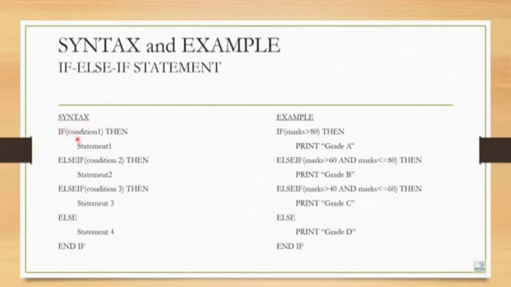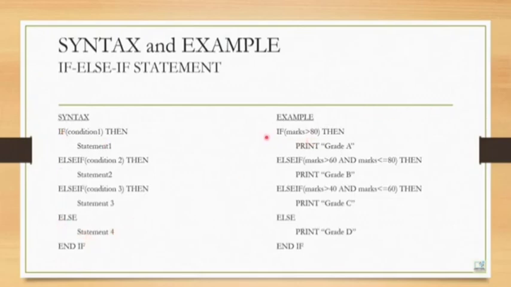If the first condition is false, then the computer will check the second condition. If the second condition is true, then the statement 2, that part only will work, and the remaining part will not work. If the second condition is also false, then it will go to the third condition, that will work. And if that is also false, then at last it goes to the else part. Understood? Means only one of the conditions will work. Any one of them, either this one or this one or this one or this one. Here also we use end if to mention the closing of the if block.